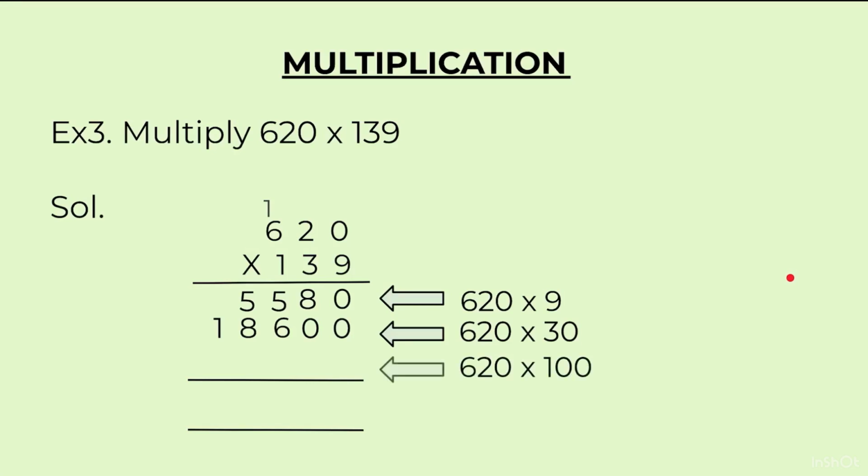In the third line here, we have to multiply 620 with 1 at hundreds place. So, we will multiply 620 with 100. To take care of the two zeros, we will write two zeros here. Then we will multiply 1 with 0 which gives us 0. Then 1 with 2 that will give us 2. And then 1 six is 6. We'll add these three numbers.